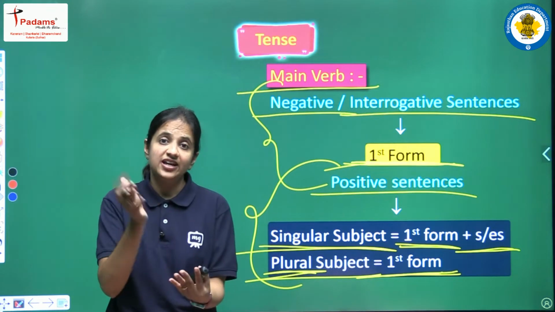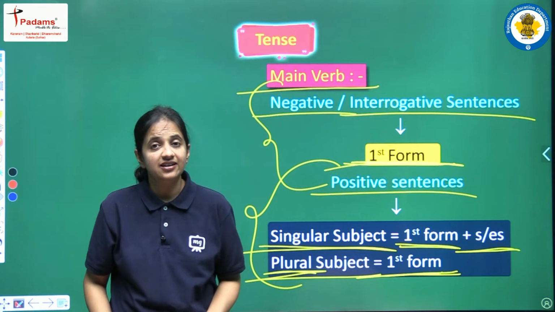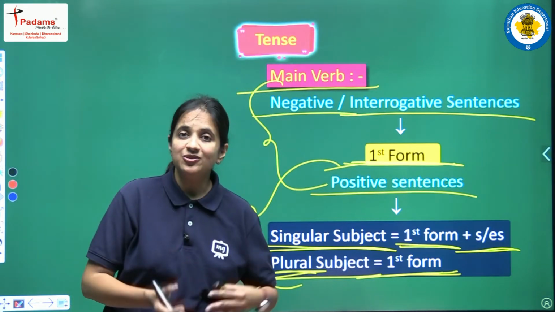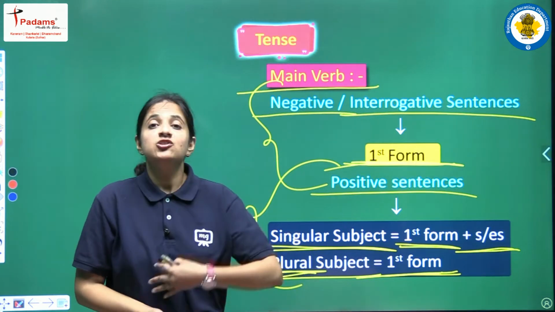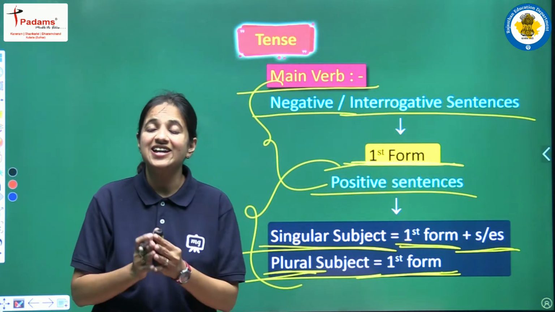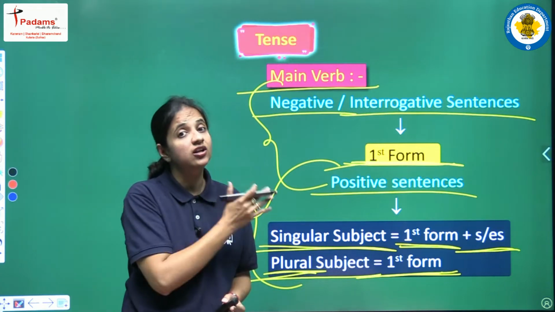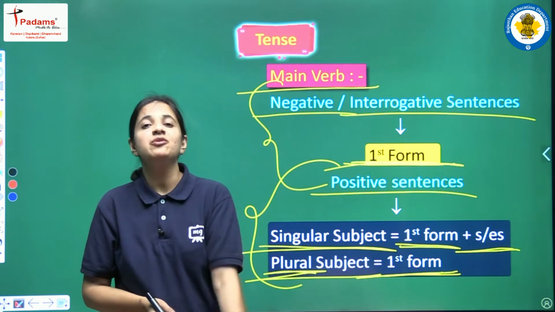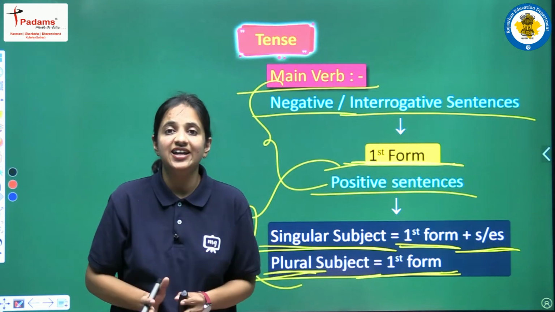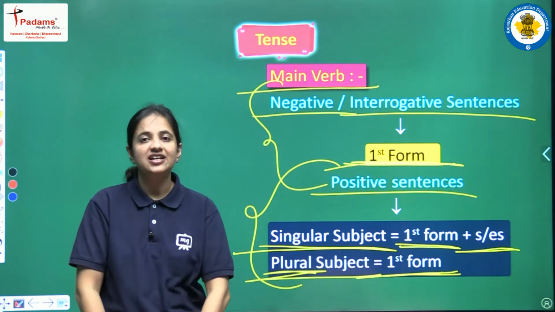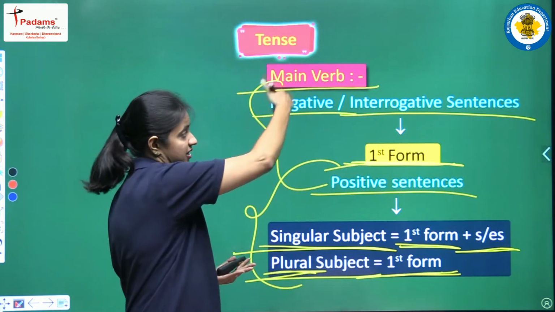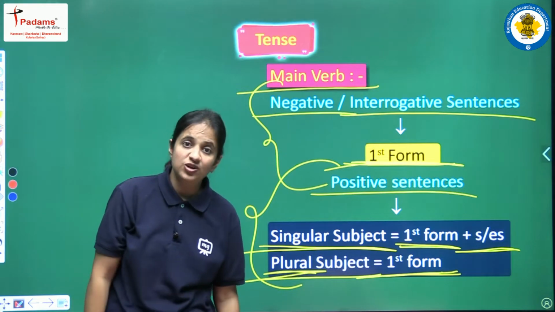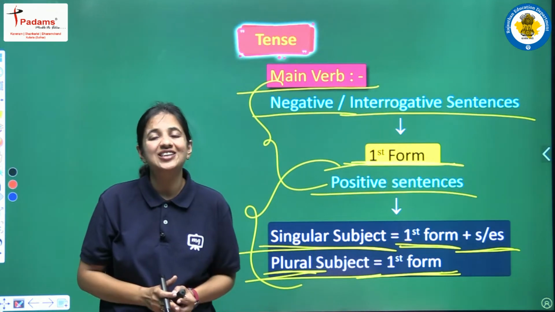If you are having some sentence, and you are able to observe that okay, this tense is there in this sentence, but at that time you are not aware about the helping verb and main verb rules, so how will you write the correct answer? So yes, you have to learn which helping verb, which form of the main verb we are using in each and every tense. Okay, so in present simple tense we are having different rules for negative, interrogative sentence and the positive sentence, right? So you have to learn all these things.